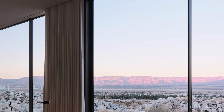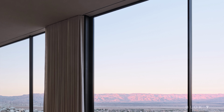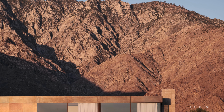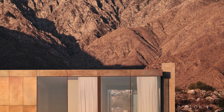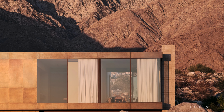Palm Springs is renowned for its exotic landscape, filled with massive boulders and natural arroyos. The Desert Palisades Residence is situated in the last hillside enclave of Palm Springs, recently opened for development. This location not only offers breathtaking views of the La Quinta Valley, but also serves as the primary inspiration for